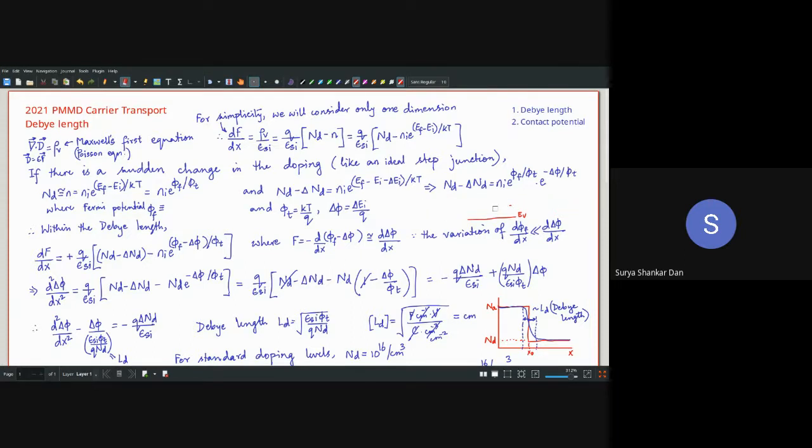because the definition of Fermi potential is not the objective of today's topic. So I'll just simply put EI minus EF. All right, EF minus EI by kT by Q. Okay, just keep it simple. So it is nothing other than the absolute value of the difference of the Fermi energy level and the intrinsic Fermi energy level.